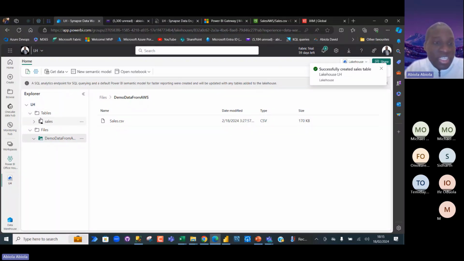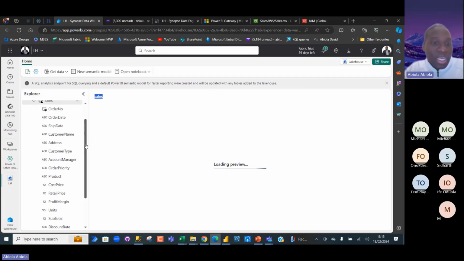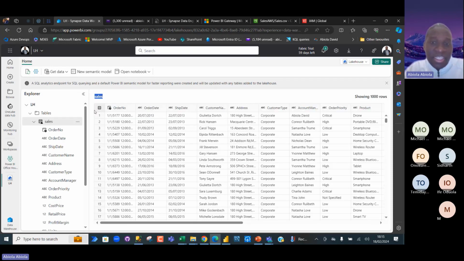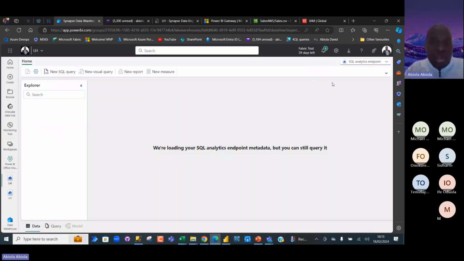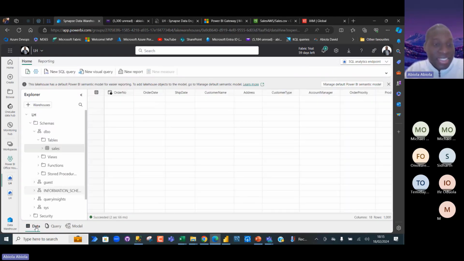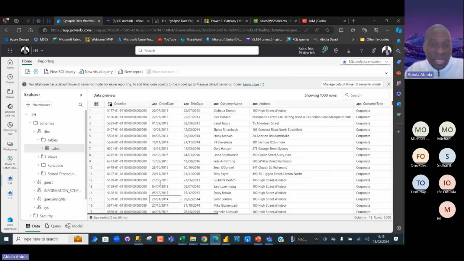Sales table. So now we can see the delta table with this icon. So I can double click and I can see all the columns. Okay, there we go. See, this is the data preview. And then we can go ahead and interact with the data. We can switch from the lake house at the top right-hand corner to the SQL analytics endpoint, and then we can begin to query the data in the data view. Okay, so there we go. This is lovely. So just go ahead and query the data.